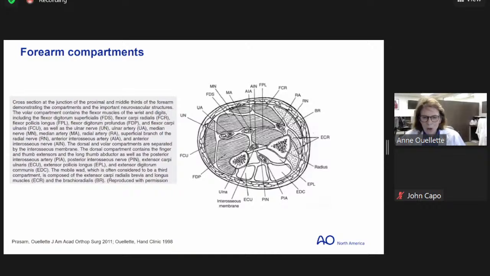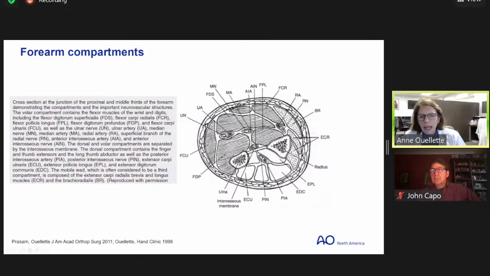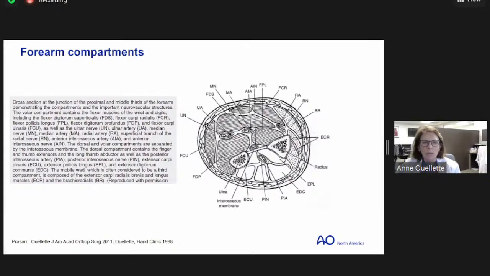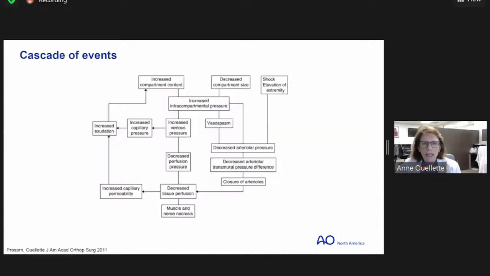Yep, you're great. Okay. So, forearm compartment syndromes. And we're going to fly through most of this because most of you know acute compartment syndromes. But you know that if you release many times just the volar side, you will end up releasing the dorsal side as well. And with acute compartment syndromes, it's pretty easy because you've got a lot of pain, you've got increased pressure, swelling that goes on to muscle necrosis.